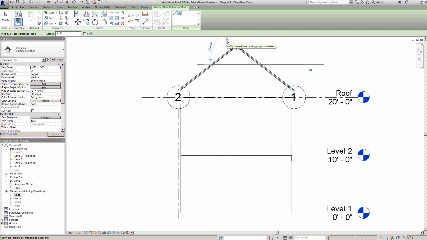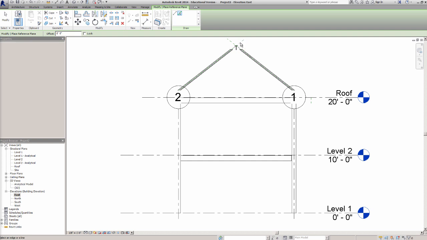What that allows us to do is pick that reference plane later and rename it. So we've done one, and now we're going to do the south facing roof, and we will do the same thing by extending that just a little bit. Now I'll hit escape, and once we have these two extending here, notice that if I click on them, the